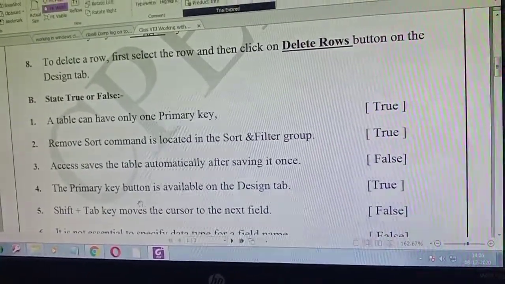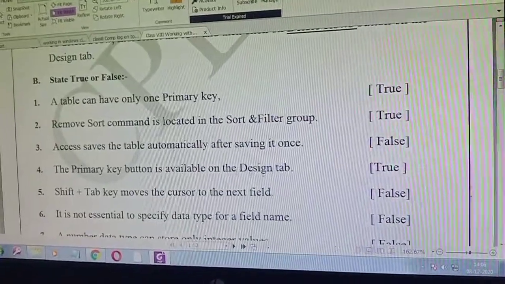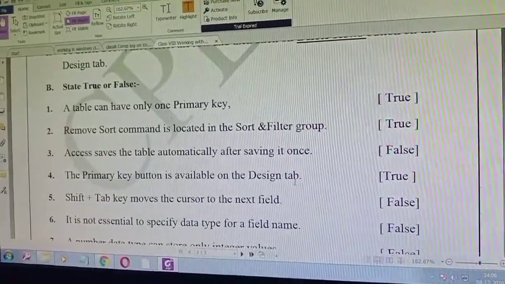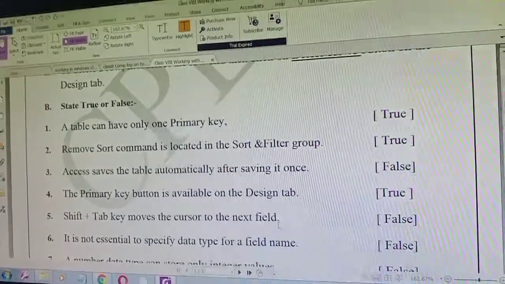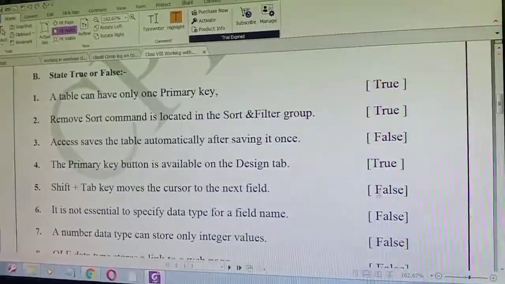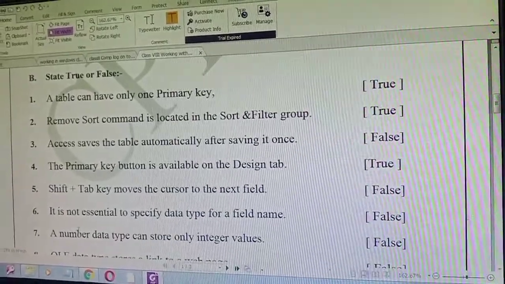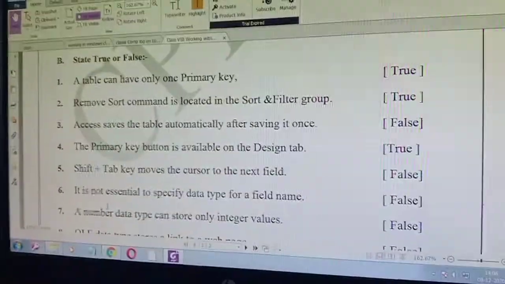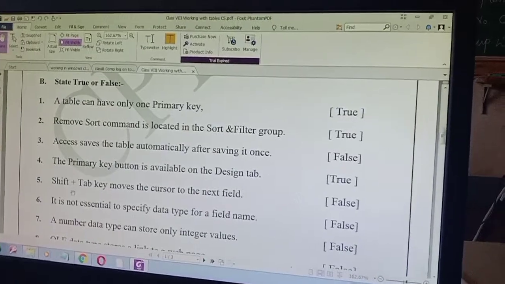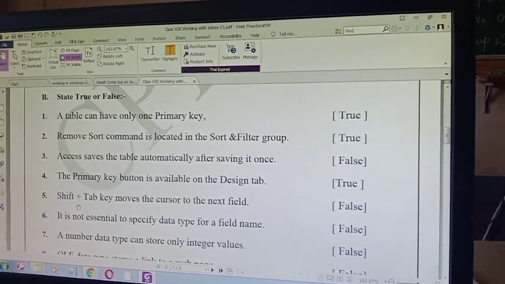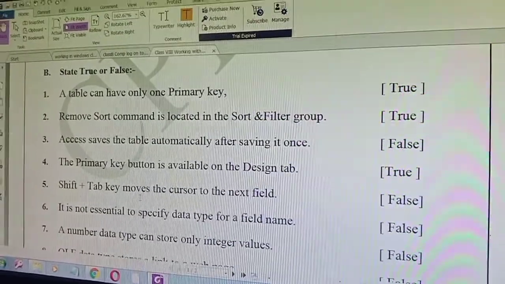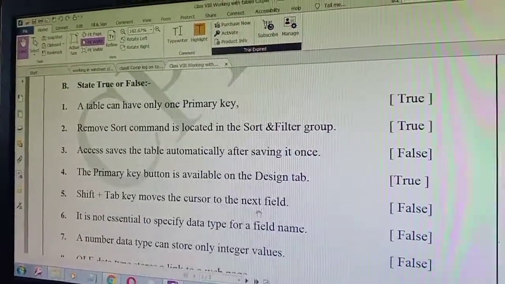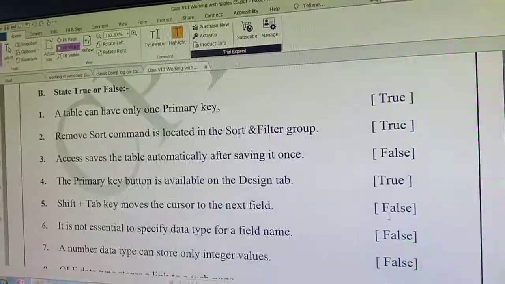The primary key button is available on the design tab. True. Shift plus tab key moves the cursor to the next field. It's a false statement. Okay, it's a wrong statement.